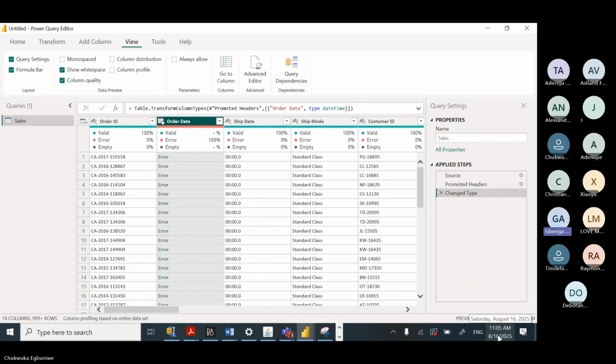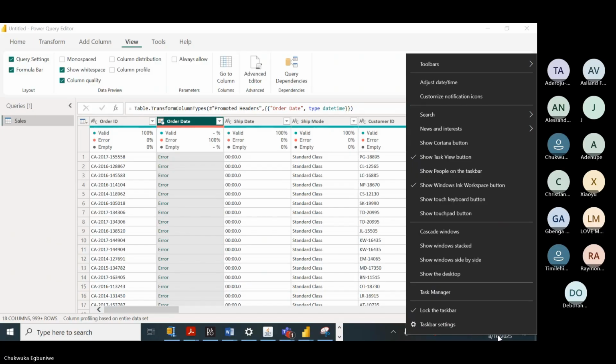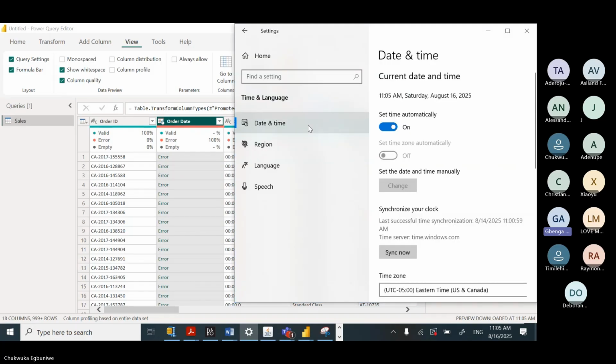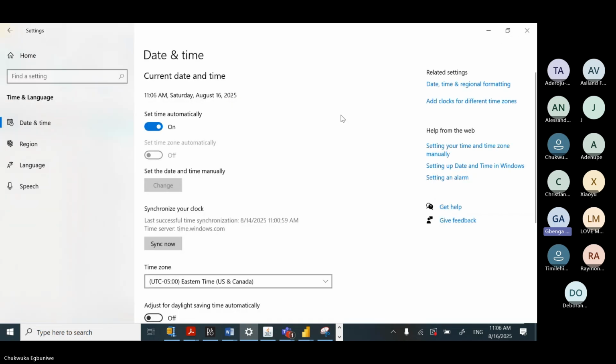Yes, exactly. Right click on it. And you click on adjust date time. Exactly. These are kind of issues that you face, guys. Expand this, let it be big so that it can show the entire screen. Exactly. Thank you. Now,